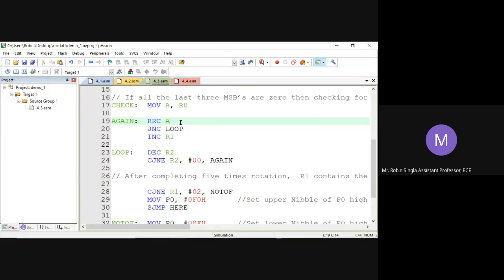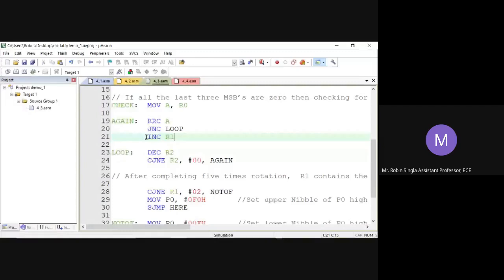Every time we rotate, the LSB will go to carry, and we will check whether carry is 1 or 0. If carry is 1, we will increment R1 by 1. If carry is 0, we will not increment R1.